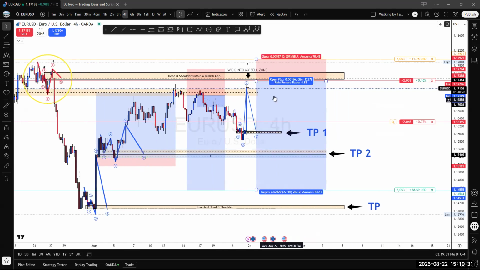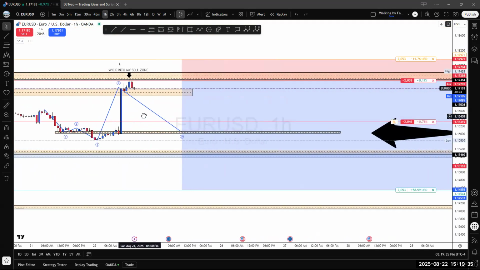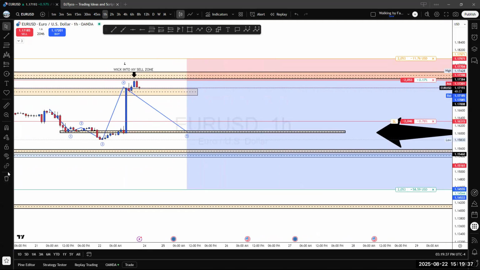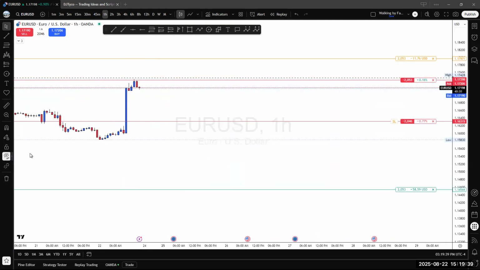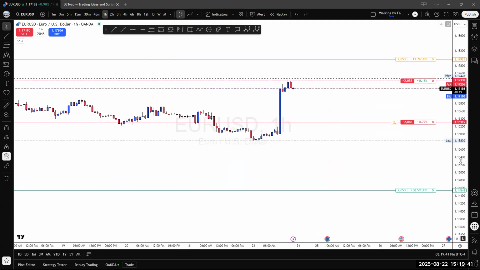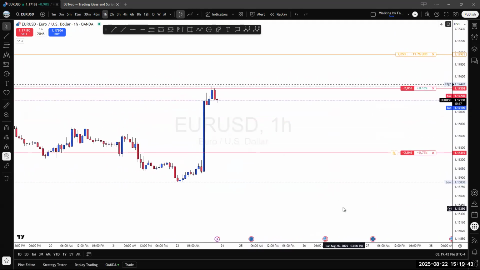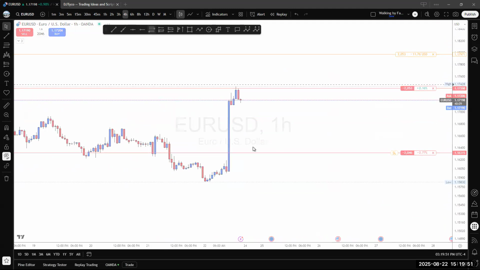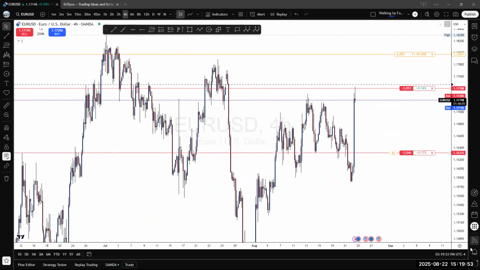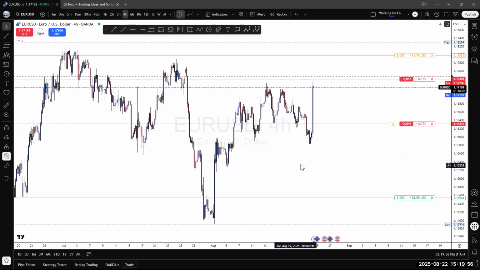You feel me? So when you look at the 1 hour and you just open it up like that, remember you did it like this, you open your chart and you just show me this part right there. How will you know what's going on? You don't know what's going on. So that's why you go to a higher time frame, 4 hours, and then shrink it, make it tighter so you can see the whole story.